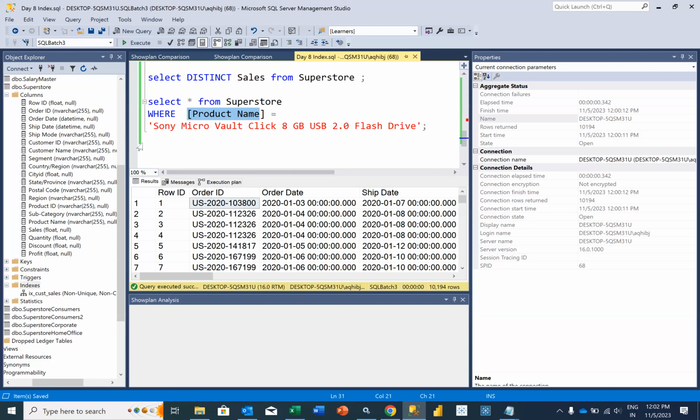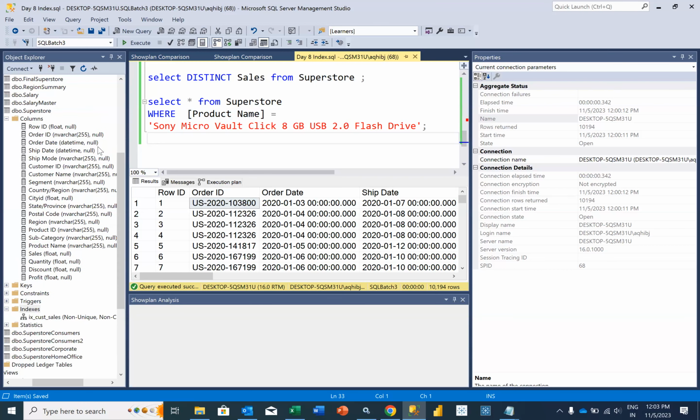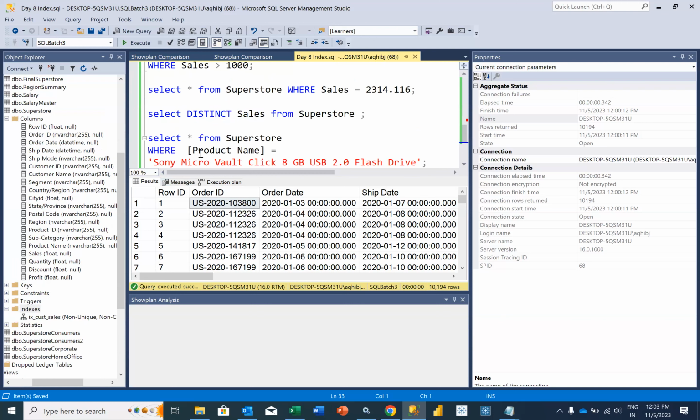Now, what I have seen generally is chances are 50-50. If you're working in client environment or any project, they may not give you write access. They may give you access to create index, but they may not give you access to create tables. If you have access, you can go ahead and create it. First, create it for some sample records, test it out, then go ahead and